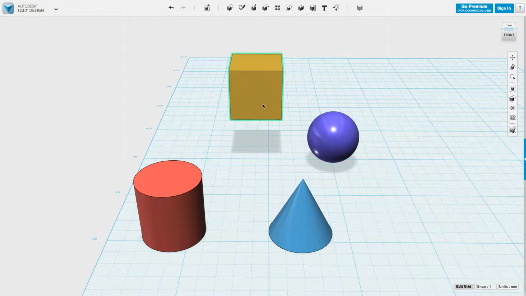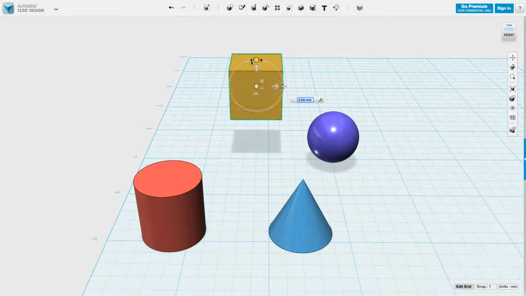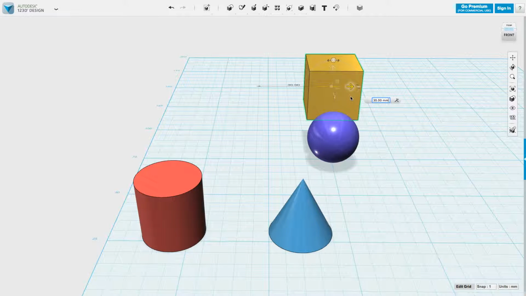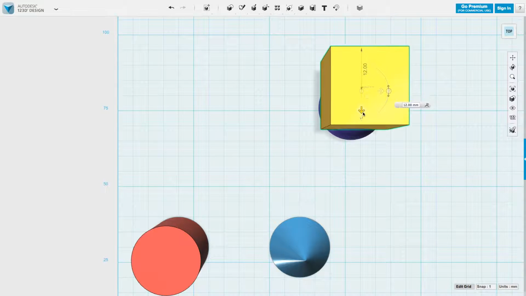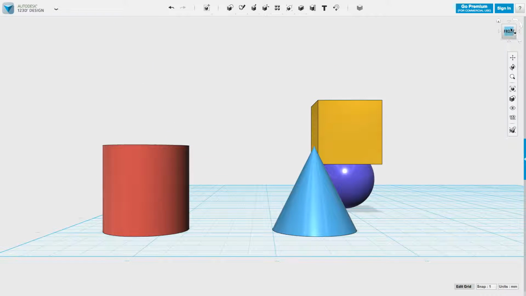Now if I want him to go over to the circle, I could go back to my rotate, or my move tool, drag him over. Yeah, that looks pretty aligned. Check the view. I'm not quite on there entirely, so I will move him just a bit more over top, just like so. And just so I can show you guys a few more tools, what I'll do is I will rotate the